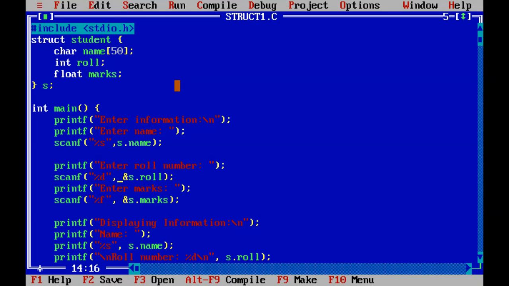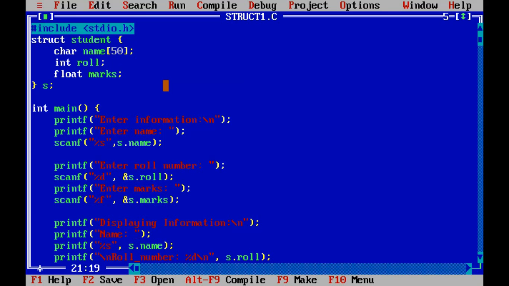Then again enter roll number, scanf %d s.roll. Always use the structure variable, dot, member name. s is the variable of student data type, then s.roll, then printf enter mark, then scanf %f s.mark. Actually these three scanf statements accept the data from the user and store it in the structure variables.